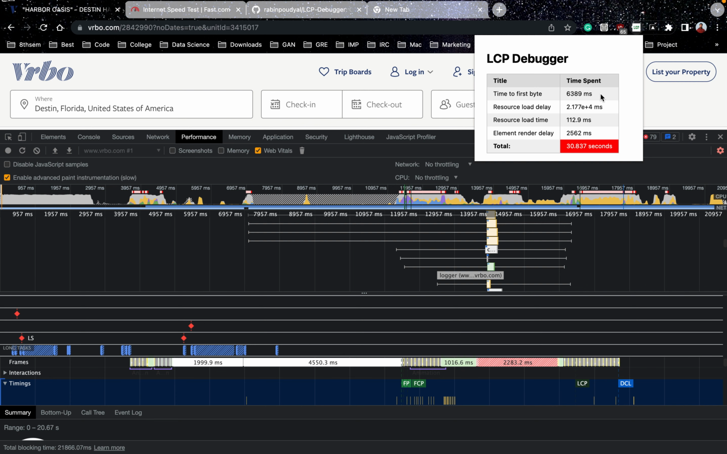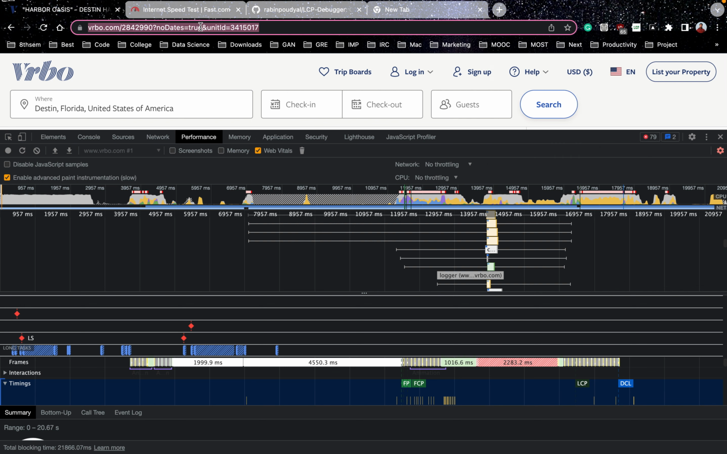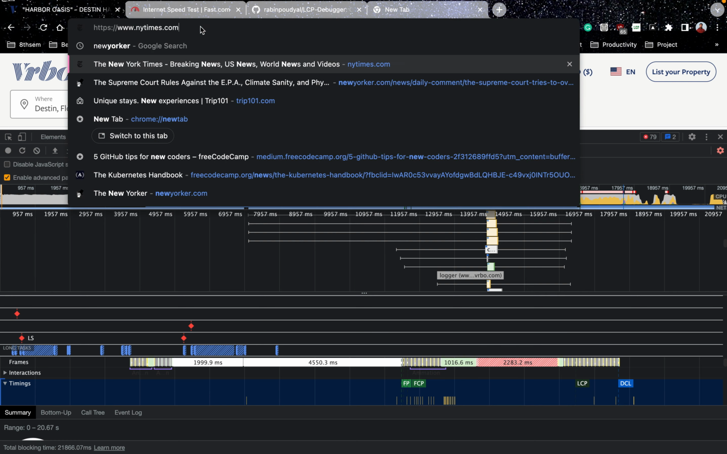You basically see which one is bigger, and there are a few things that might be hard to optimize. For example, this time to first byte might be a little difficult to optimize, and the resource load time might also be difficult to optimize. But there are other simple things that you can quickly use. For example, say in the New Yorker itself,